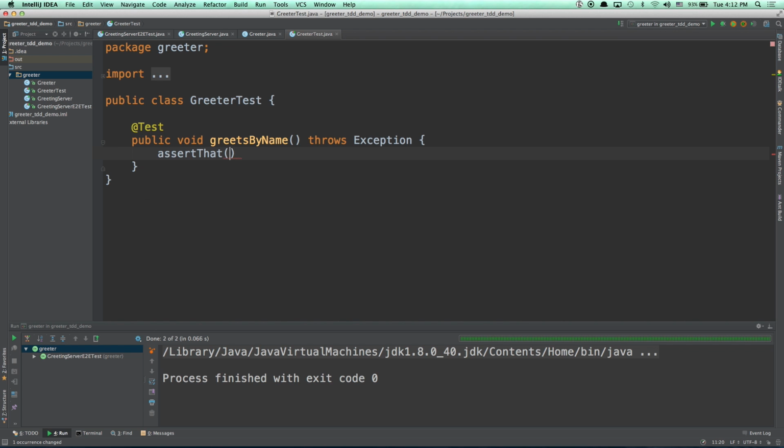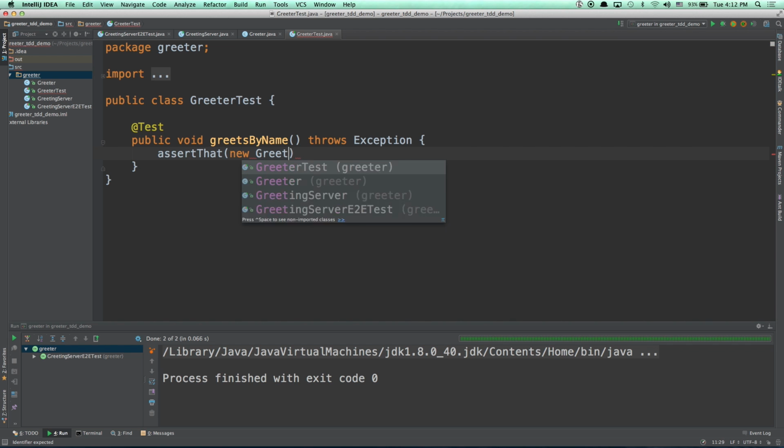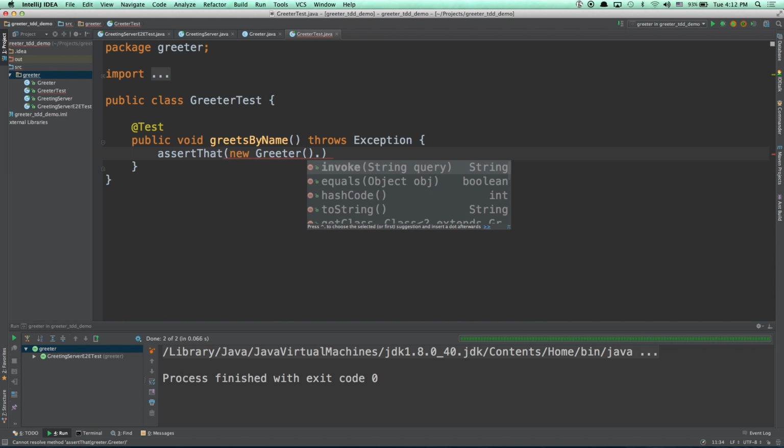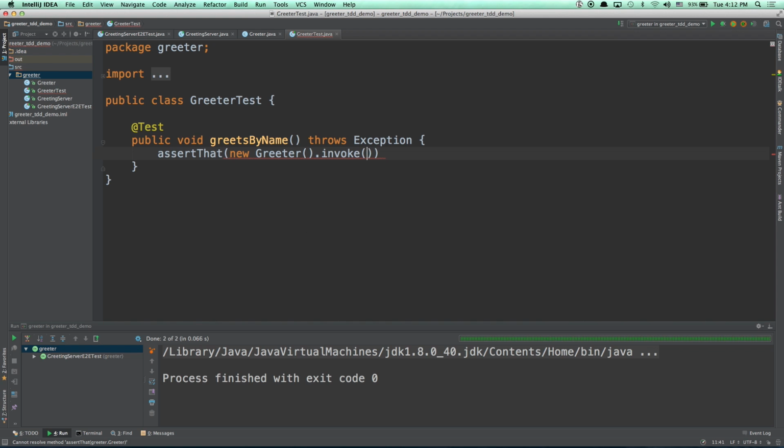I'm going to assert that when creating a new greeter and passing in name equals, let's say, Homer, which is different than Sagy, because that's what I'm trying to drive, right? Would result in